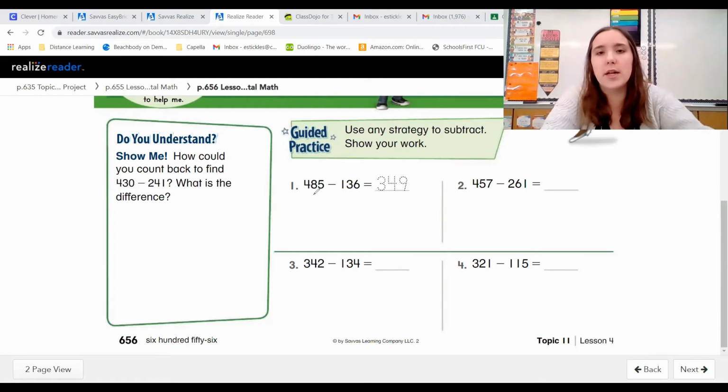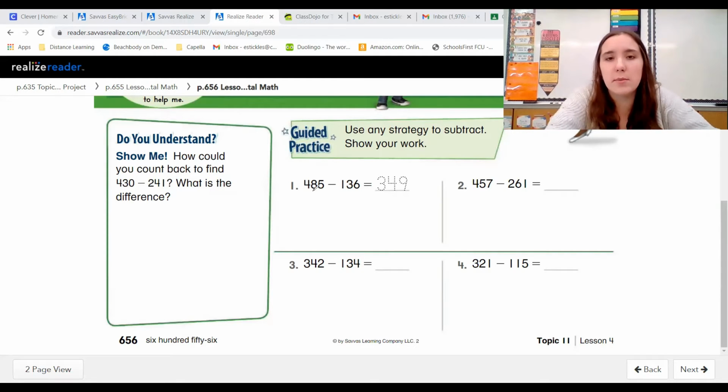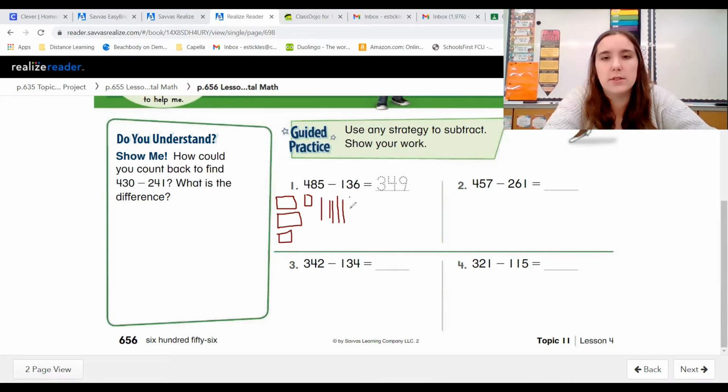So our first problem is 485 minus 136. Now for this one, I'm gonna do place value blocks. So as a reminder, when you do place value blocks, you have to draw the bigger number and then you cross off the amount that you're taking away. So I'm gonna draw my hundreds blocks. There's 4 hundreds. So 1, 2, 3, and 4. 8 tens, 1, 2, 3, 4, 5, 6, 7, 8, and 5 ones. 1, 2, 3, 4,